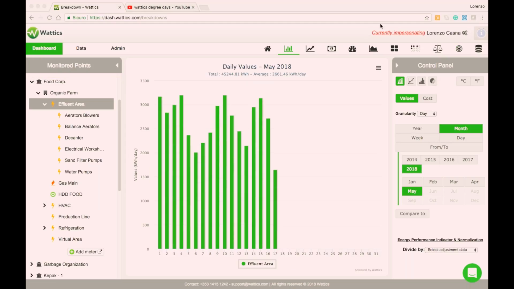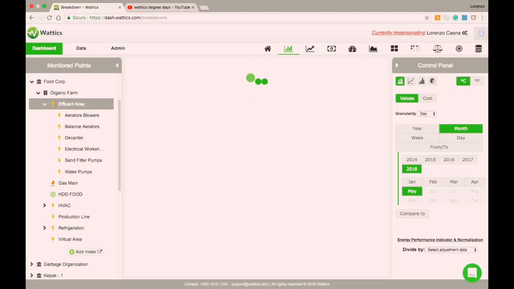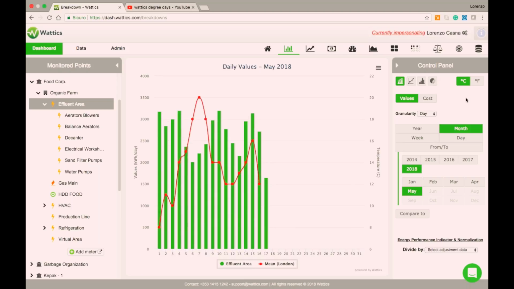Another interesting piece of information we can print in the trend side, together with the graph of the monitored point that we selected, is information about the weather conditions. Here, for example, if I click on one of these two buttons, I can print on the graph information about the mean average temperature for that site in a given day. How do we infer this information? Once you create a site, you are forced to add the information about the address of that site. And using that information, we can get data from the closest weather station, and we can have, for example, here the average temperature for the day printed,